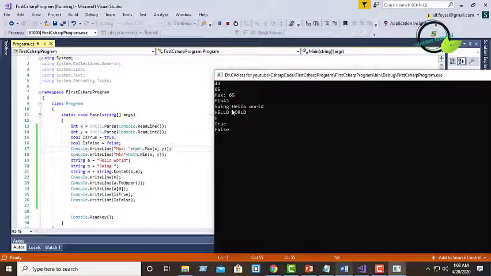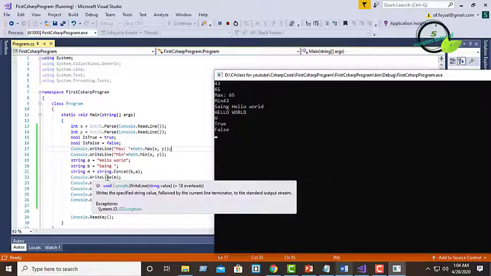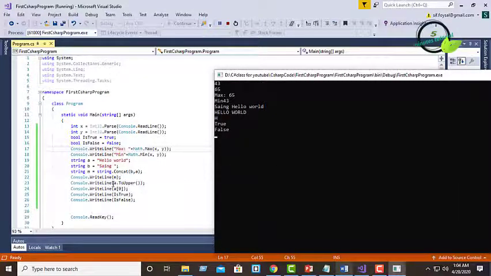Then I am concatenating the two strings, which gives me the output hello world, and then I am printing string a in uppercase, so it is giving me output as uppercase.